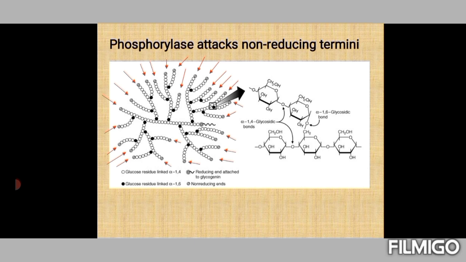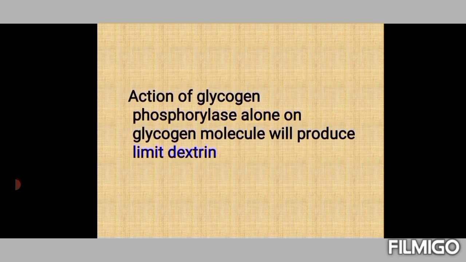It attacks not from a single non-reducing end. The enzyme attacks wherever non-reducing ends are there. This particular enzyme will start to attack and release single glucose 1-phosphate molecules. Now, consider a case when glycogen phosphorylase enzyme alone is acting. What happens is that you will get a highly branched structure with the alpha-1,6 attached to the parent molecule or original molecule. So this type of structure will be called